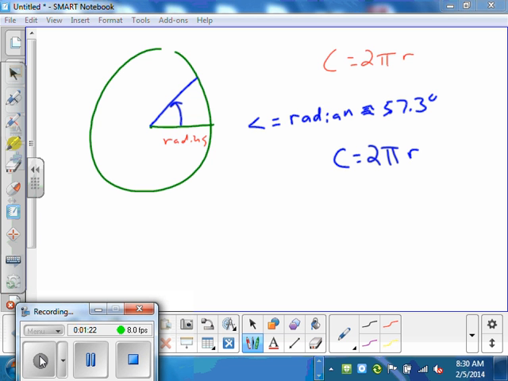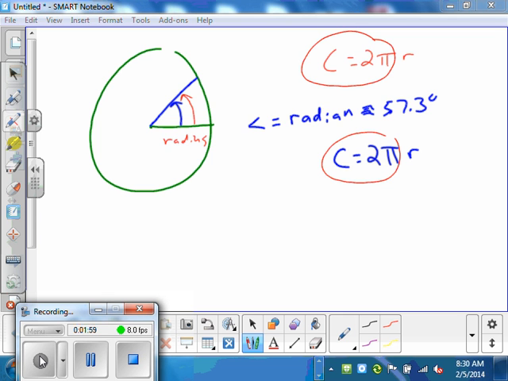57.3 degrees. That's 1 rad, approximately. But here's the cool part about these two things. When we sweep out 1 rad of an angle, because of the relationship between rads and radius, the ratio is the same as for a complete circle, divided by 2 pi,